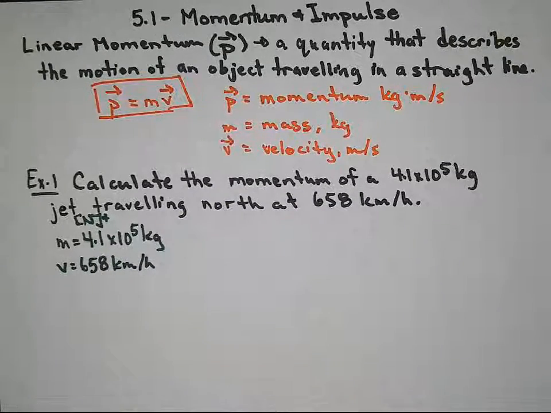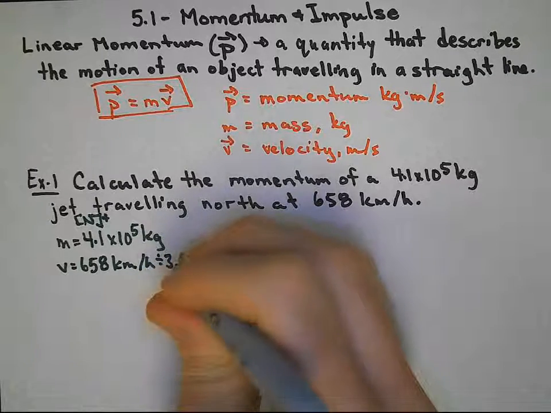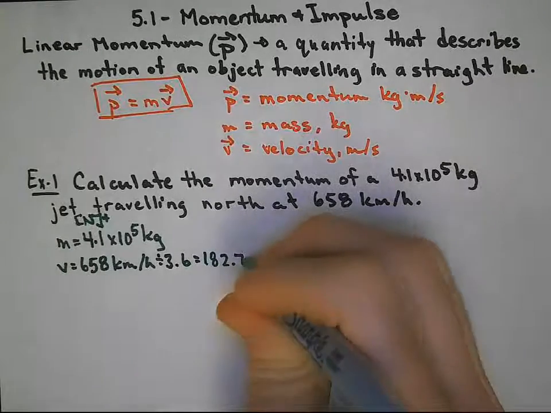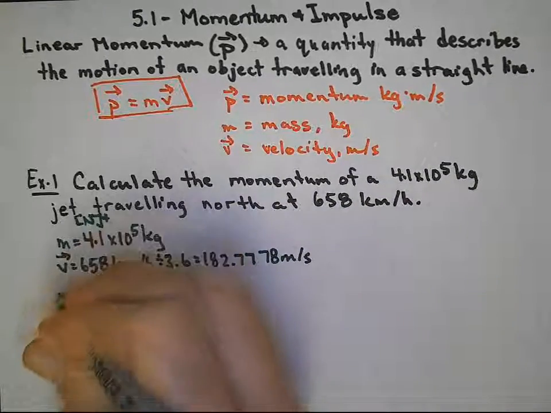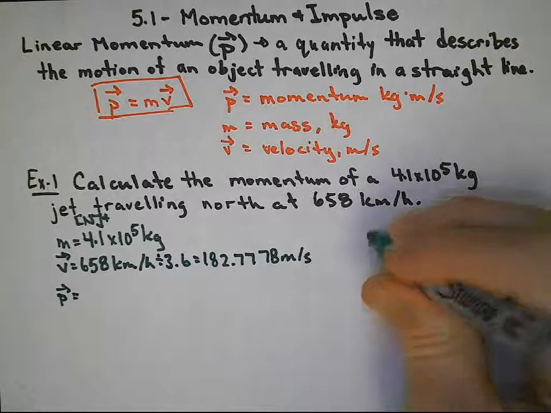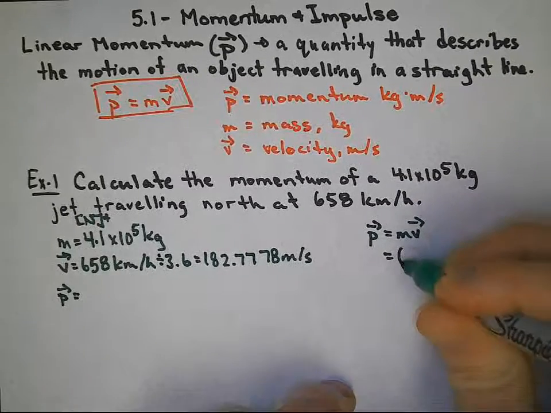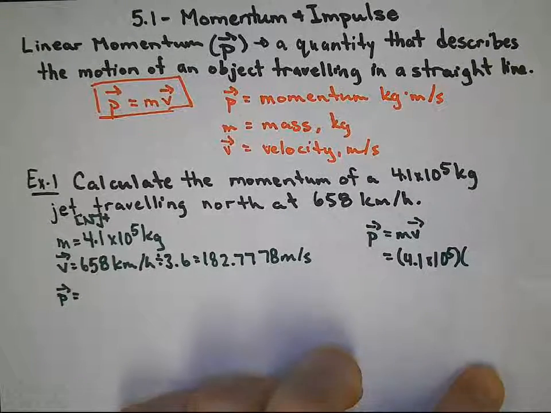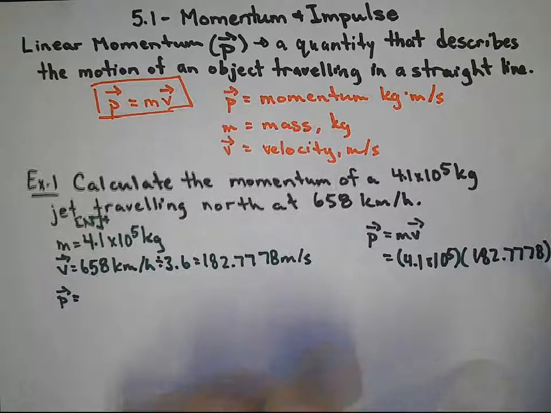It's pretty obvious that we need to first convert that to meters per second. So we divide by 3.6 to do that conversion. And that is 182.7778 meters per second. Let us calculate the momentum of this jet. So that will be 4.1 times 10 to the 5 multiplied with 182.7778,